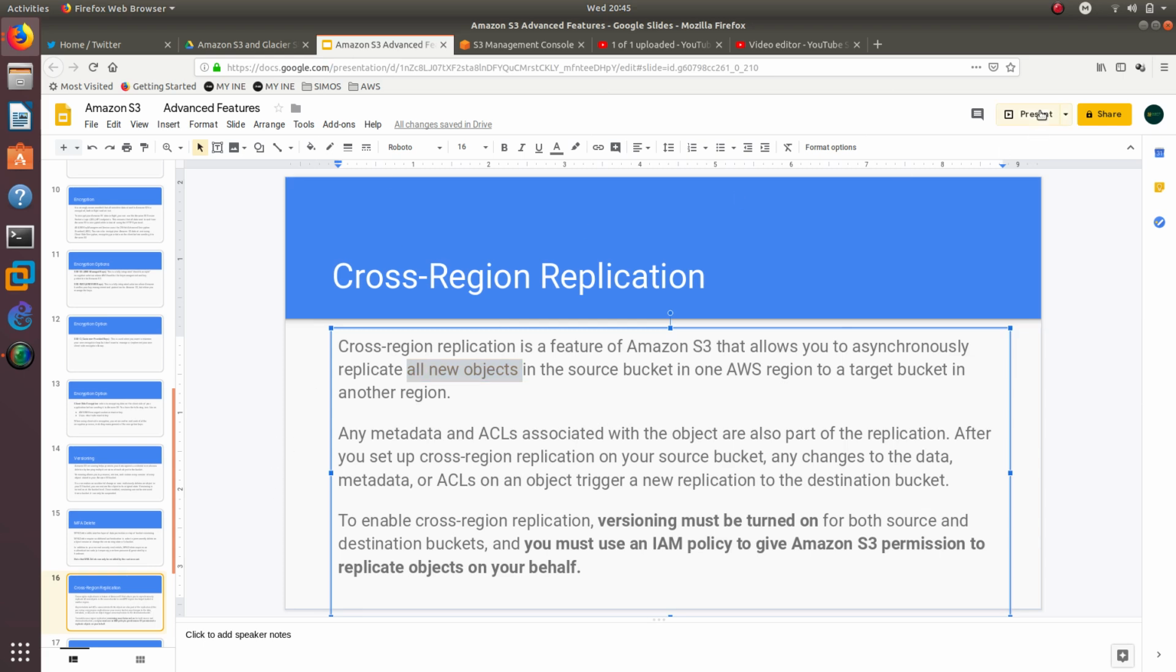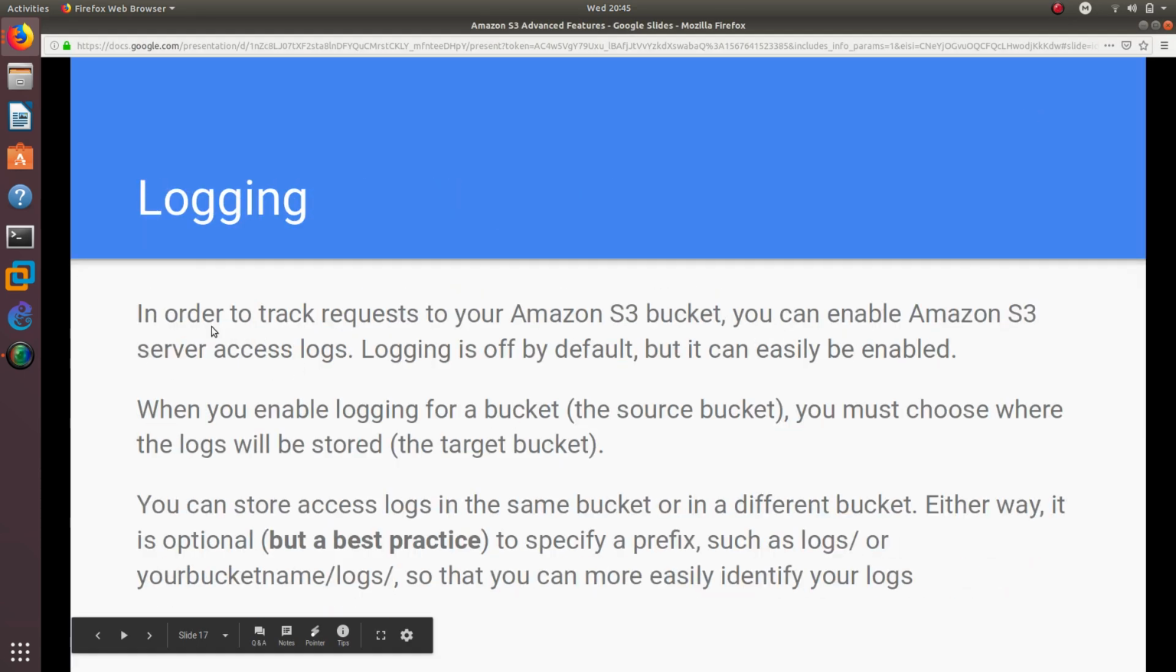Okay, so we're done with that one. Let's go ahead and keep going. And now you can also enable logging. In order to track requests to your Amazon S3 buckets, you can enable Amazon S3 server access logs, and logging is off by default, but it can easily be enabled. When you enable logging for a bucket, the source bucket, you must choose where the logs will be stored, the target bucket. When you store access logs in the same bucket or in a different bucket, either way, it is optional, but best practice to specify a prefix such as logs or the bucket name logs so that you can more